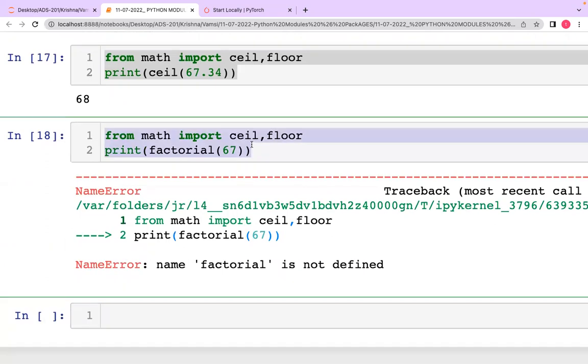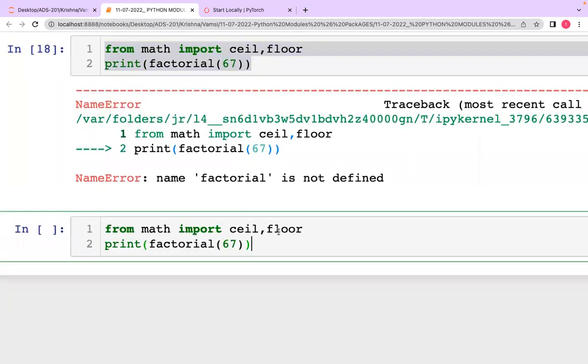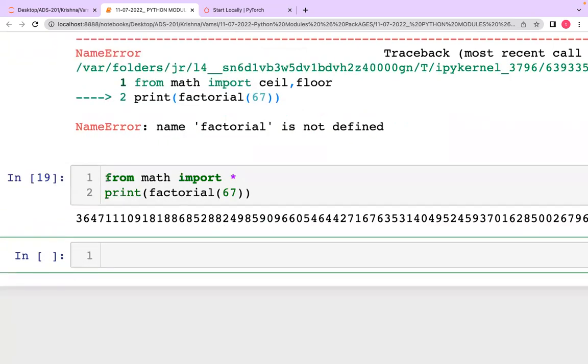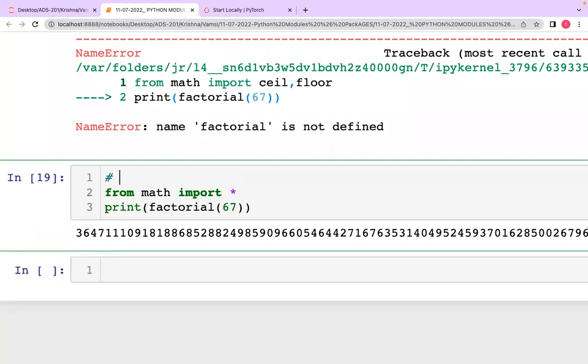But if I want to import everything in one shot, we can use the star. When I'm using the star, it means import all. Star: importing all functionalities.